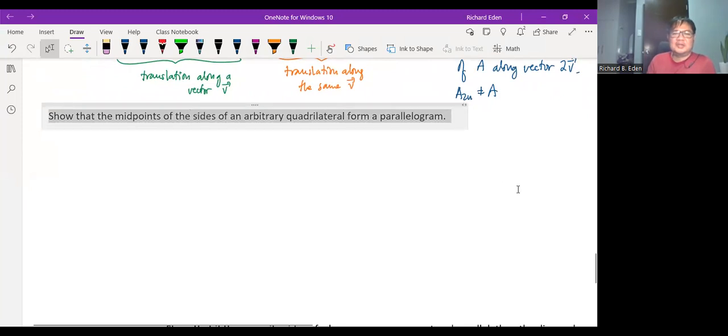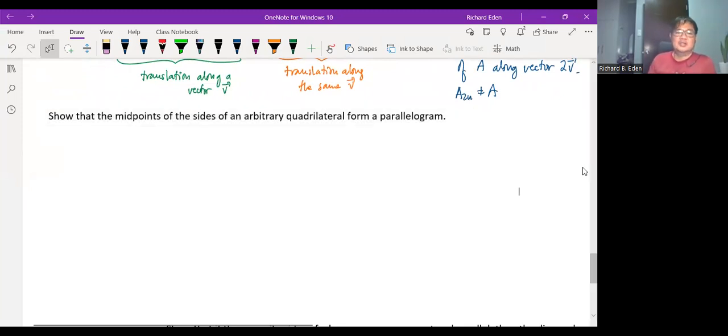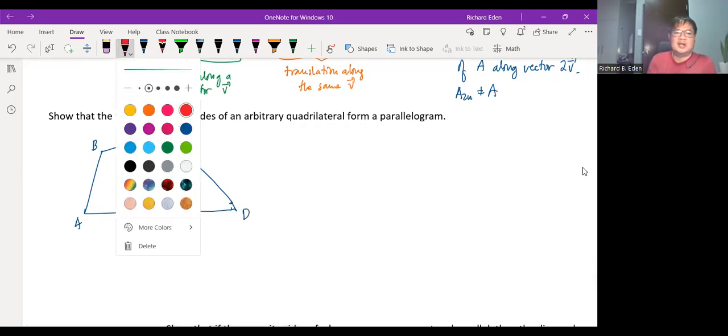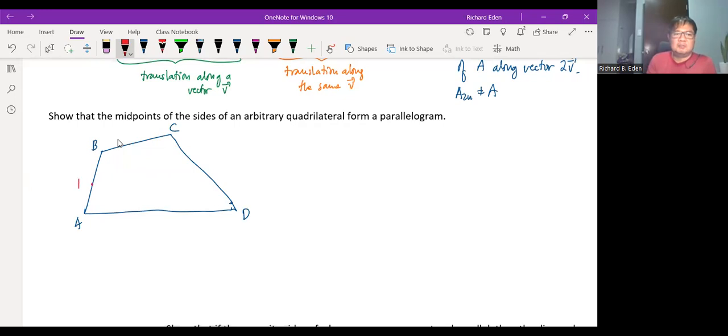show that the midpoints of the sides of an arbitrary quadrilateral form a parallelogram. Now, of course, pwede itong i-prove without thinking of geometric transformations. So let's just draw, but let's try to see how we can use geometric transformations. So ito, we have A, B, C, D, and then the midpoints are, let's call them P, and then Q, and then R, and then this is